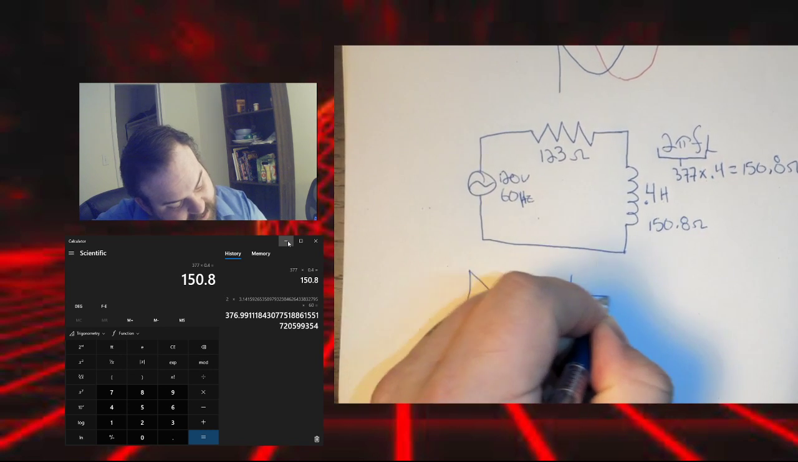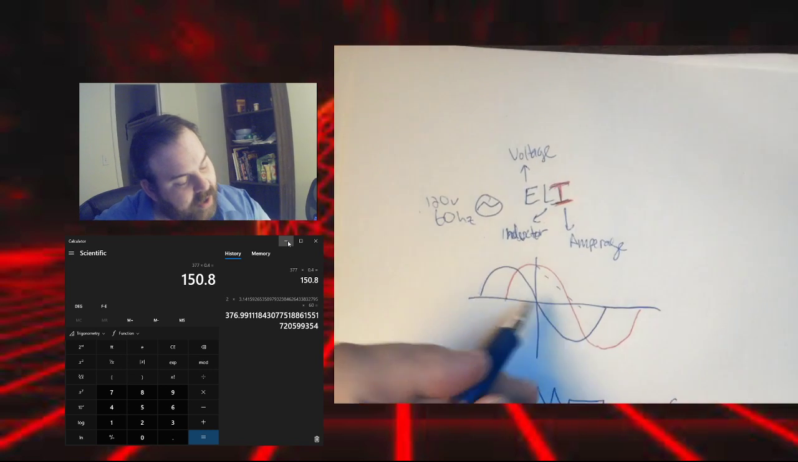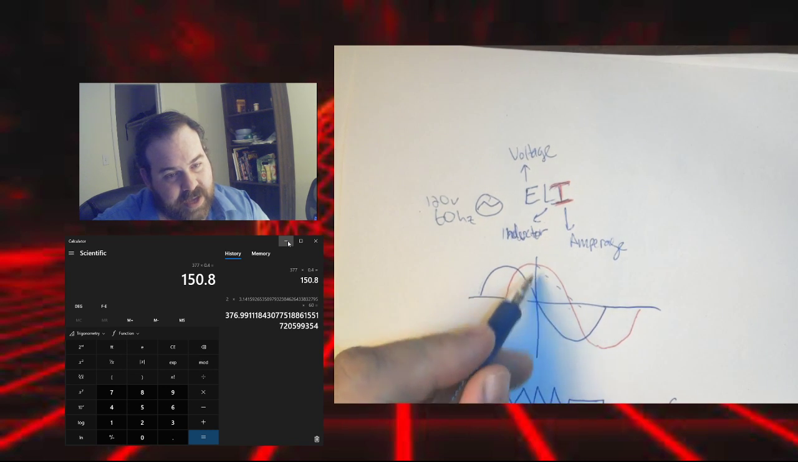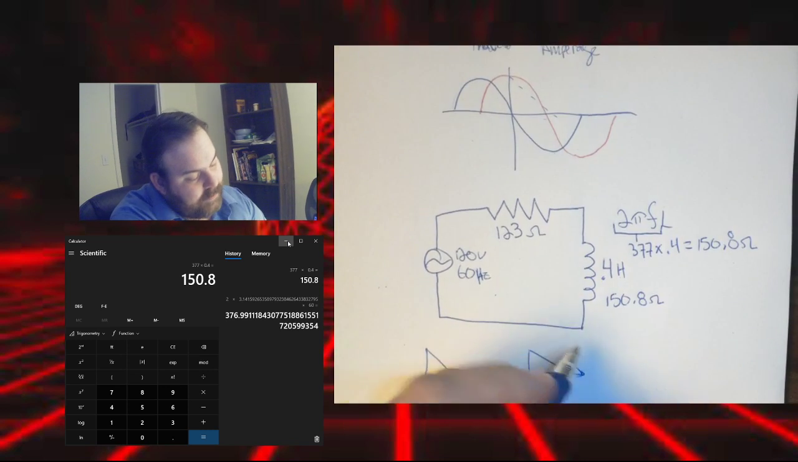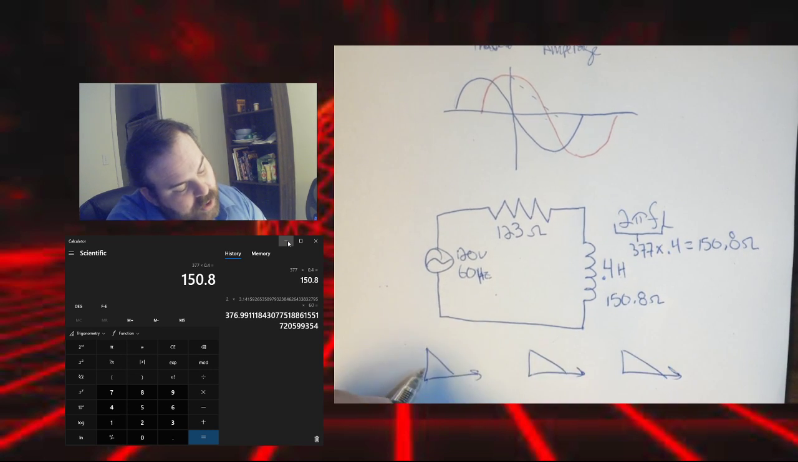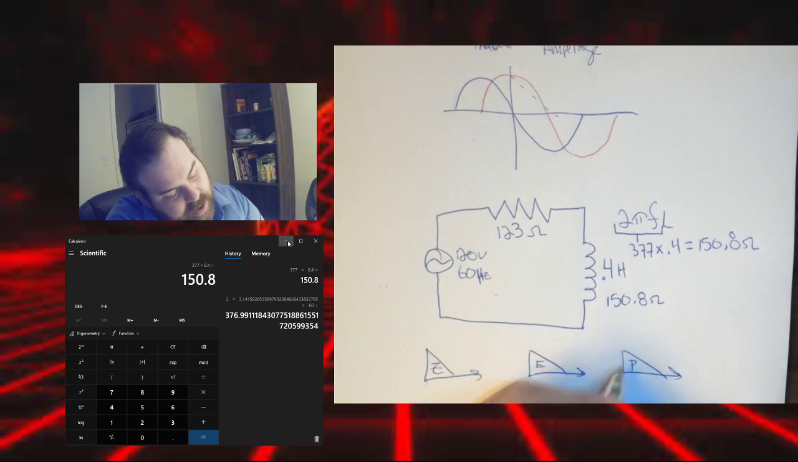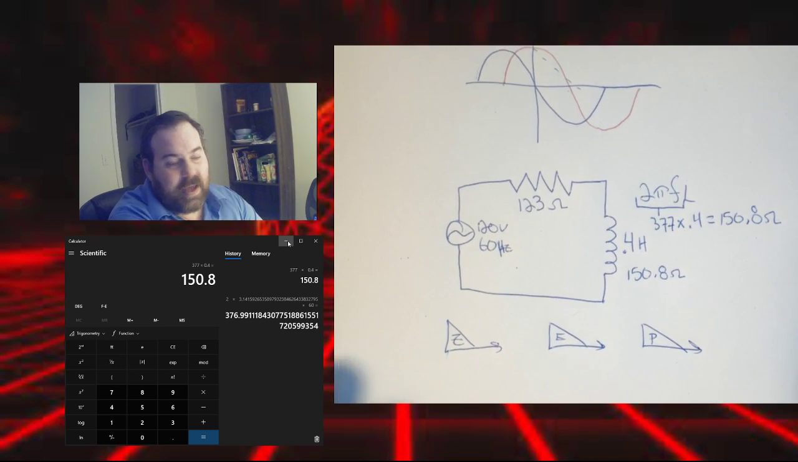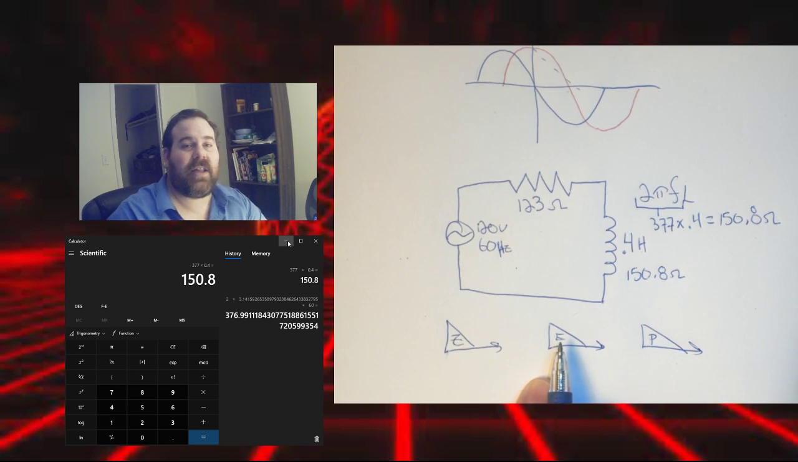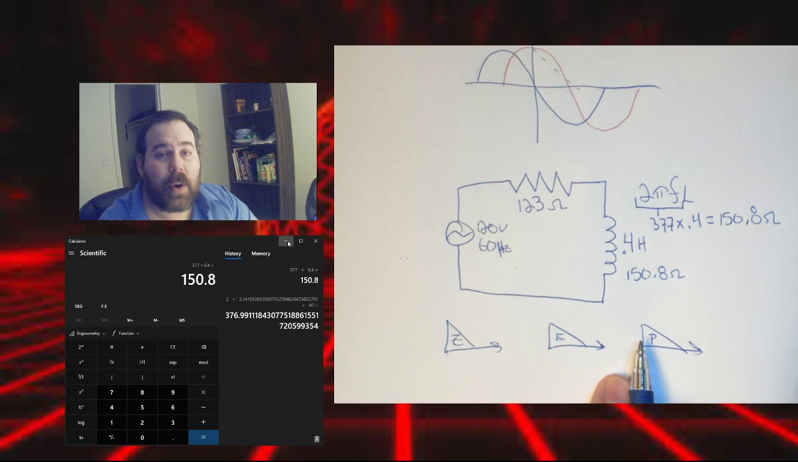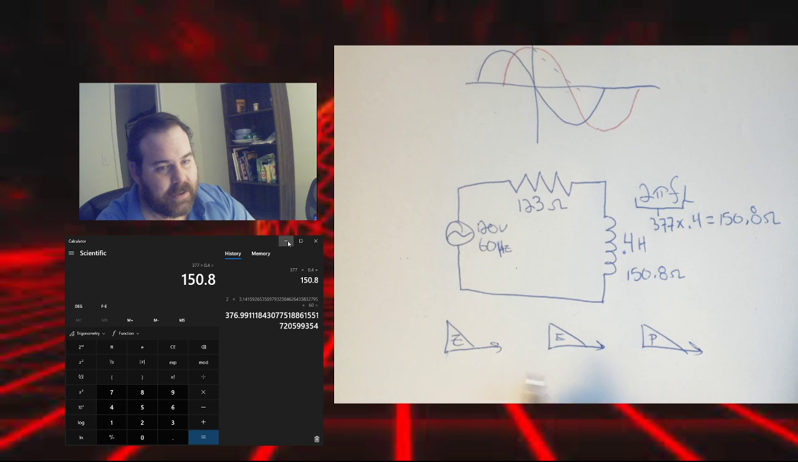We use right triangles because that's what these are. No matter how you look at it, they're all right triangles. And we use 3 triangles. We use Z, E, and P. Now what the hell is Z, E, and P? E, we already know, that's voltage. E is voltage, which stands for electromotive force. P is power: wattage, VARs, and voltamps. But what is Z? This is our resistive